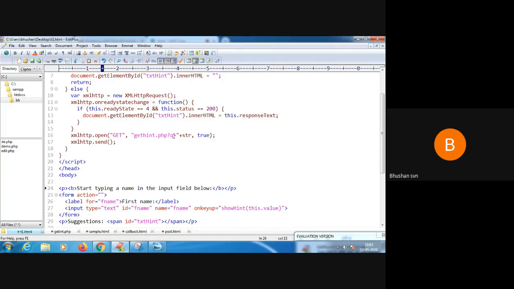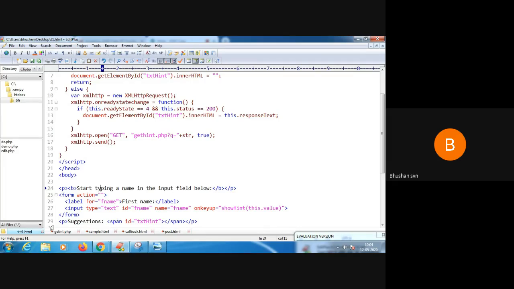The q is a parameter. So what is that q here? Q is a value that I am going to enter in a text field, that is a in this case. So dynamically I can pass a single character, two characters, three characters, or four characters.